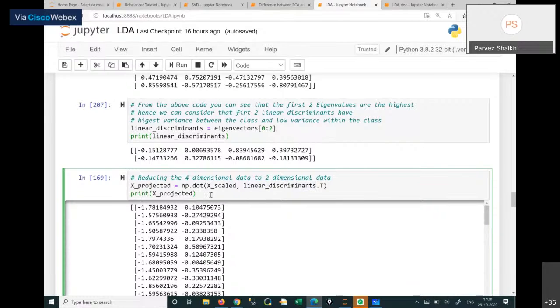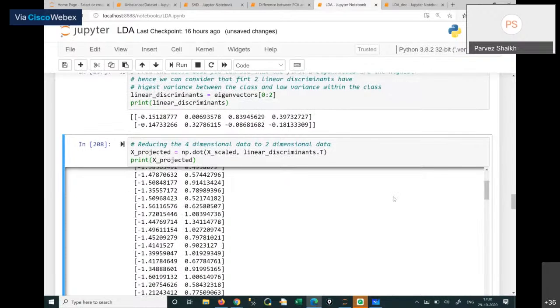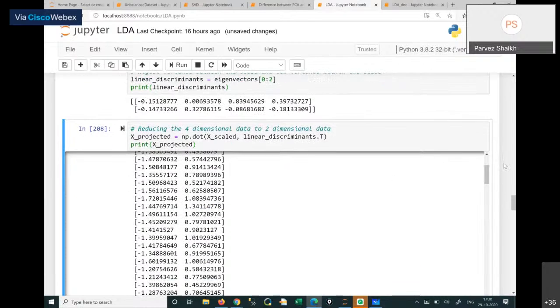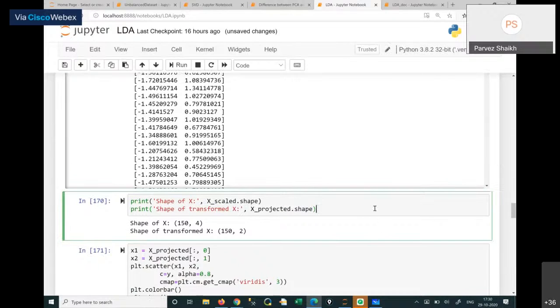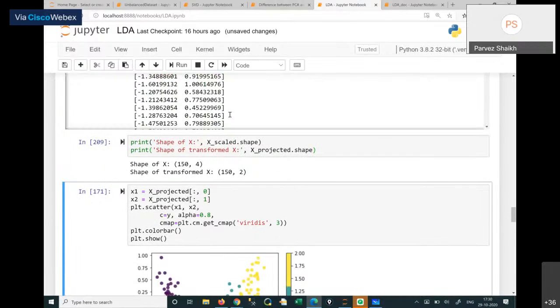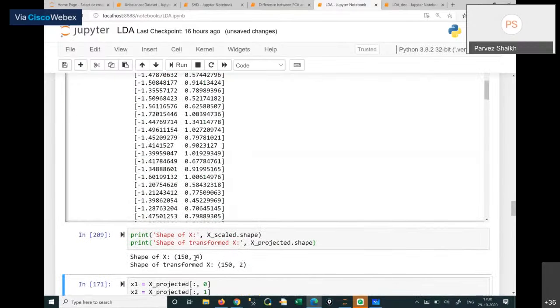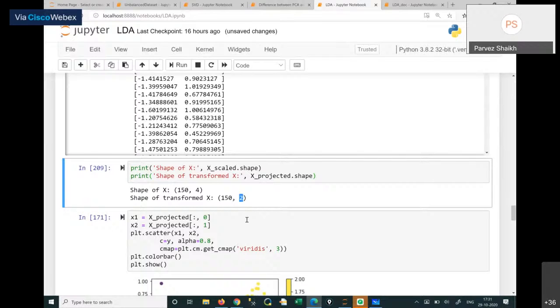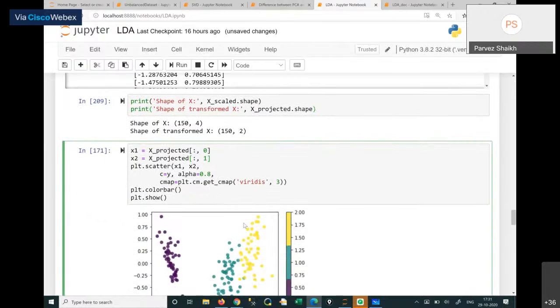I'm getting the projected linear discriminants, the top two linear discriminants for my data set. If I see the shape of the data set, you can clearly see that it has been reduced from 4 features to 2 features. Again, if I want to see the visualization of my two linear discriminants,